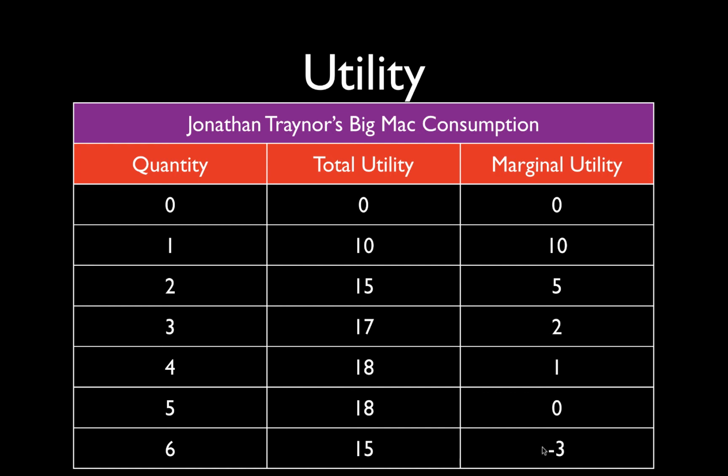And then see this here, a marginal utility of minus 3. That means that I would be suffering disutility. My total utility would be going down from 18 to 15. So therefore you would have to pay me in order to incentivize me to do that. Okay, so when the marginal utility of anything is less than 0, you'd have to be paid to do something.